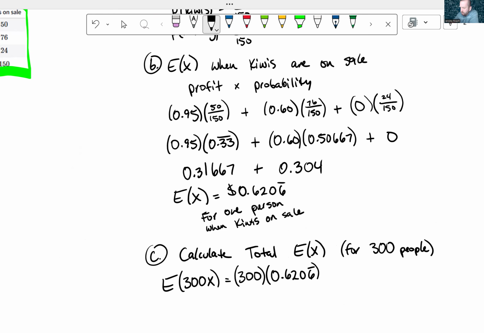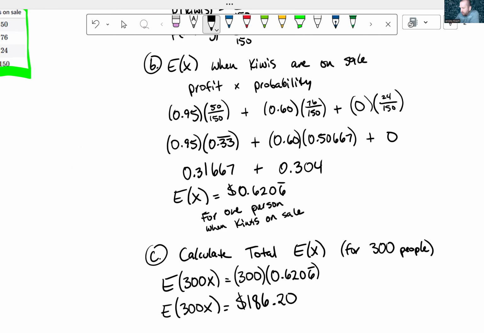And when we multiply that, we get, let me just double check my answer here, 0.6206 repeating. We get 186.19998 is what I got, repeating. So I'm just going to round it to